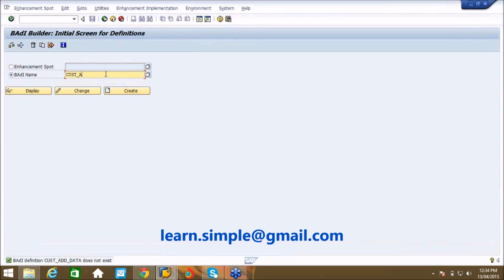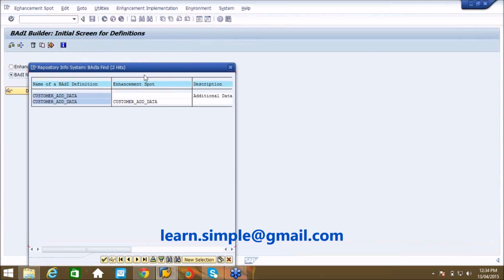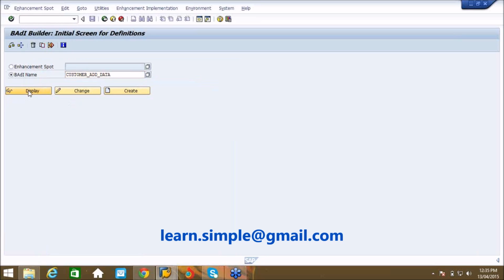Oh, alt tab is not working for me. Okay, I will search here itself. BAdI definition, I have customer add data. Okay. So this is the definition.